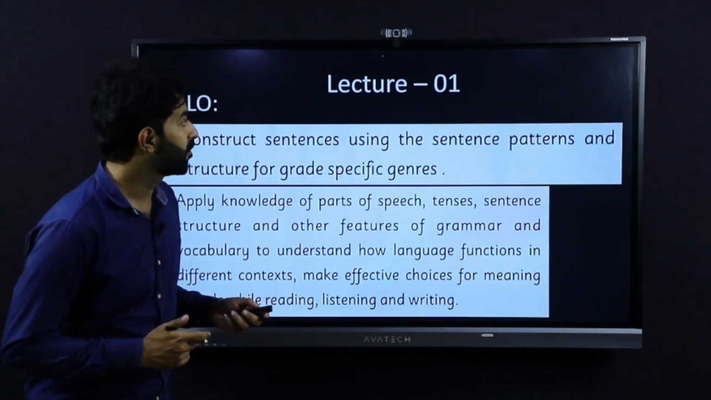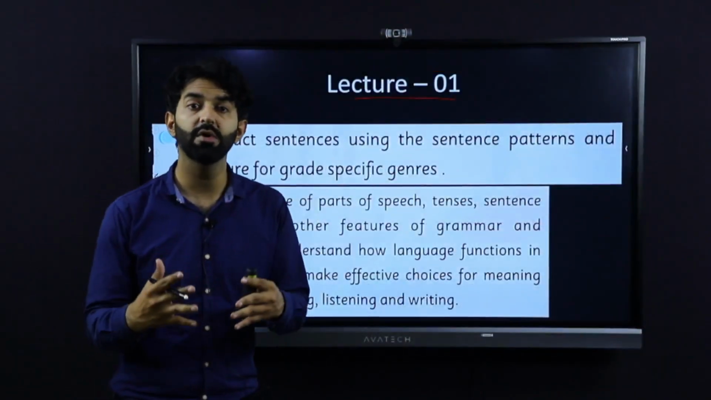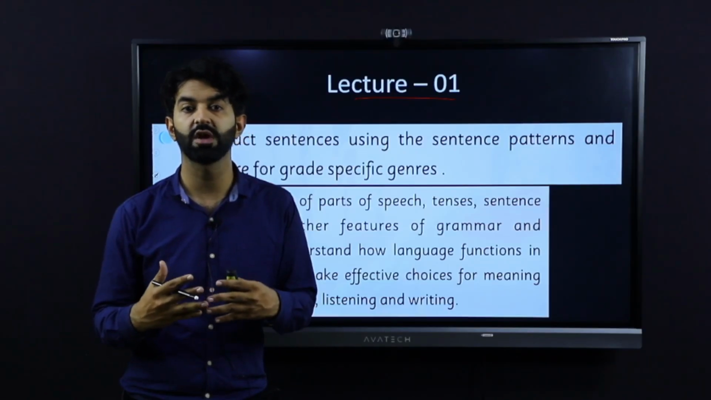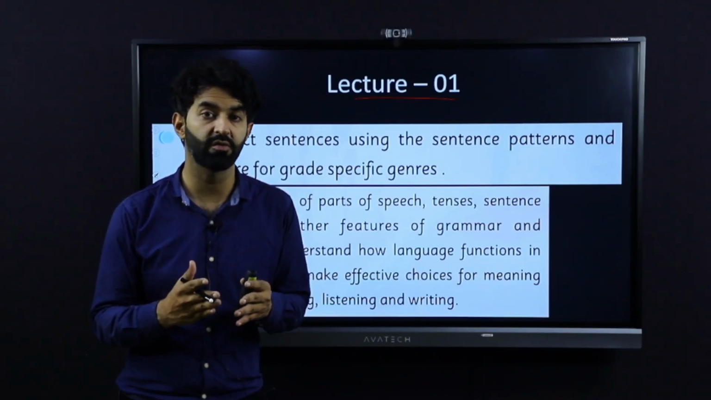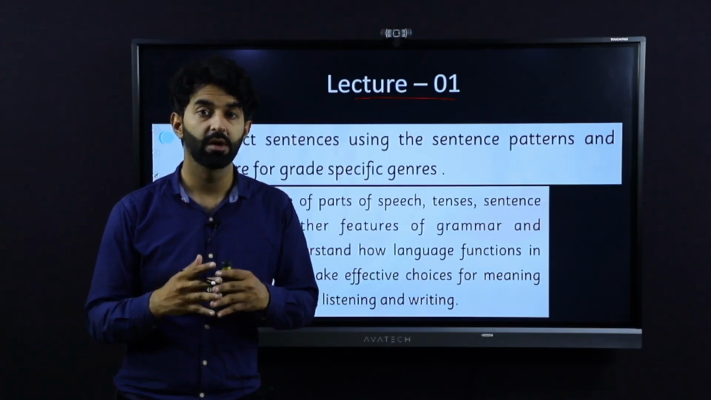Let's say for lecture number 1, which we will be covering tomorrow, in this one, you can see that there are 2 student learning outcomes mentioned. They are merged into one lecture because they are relevant, and we will be covering these 2 in our lecture number 1 with proper